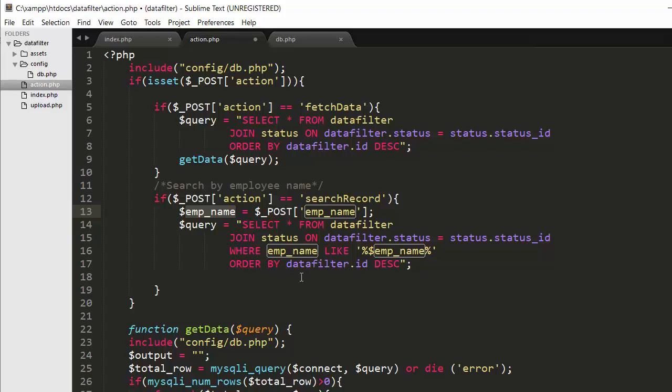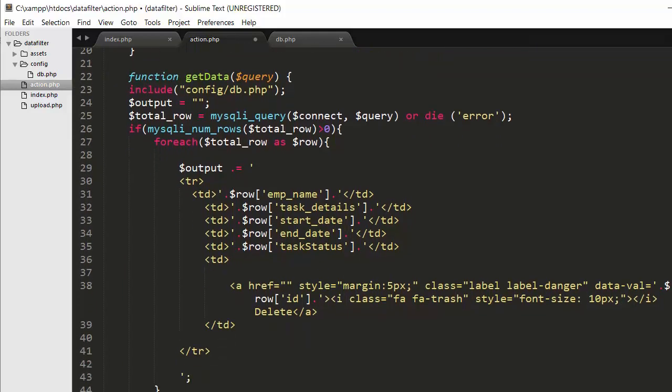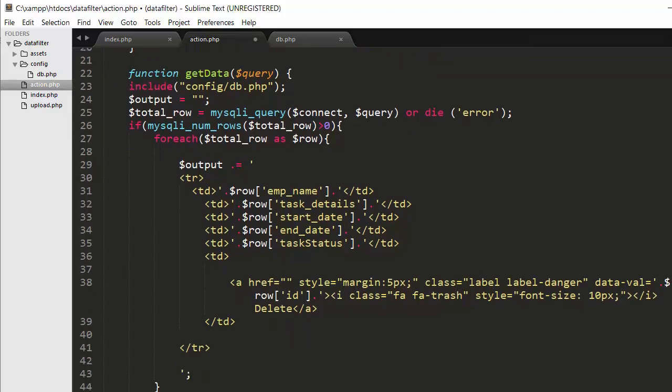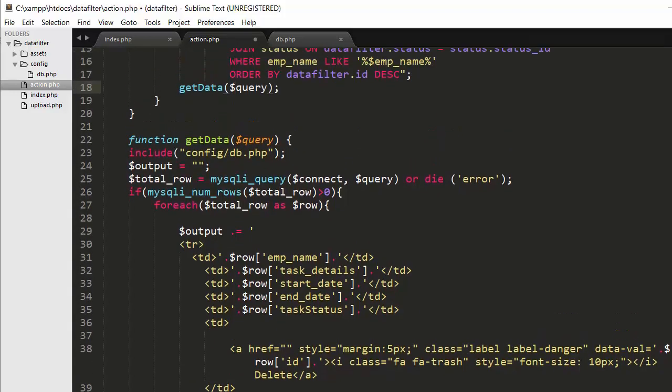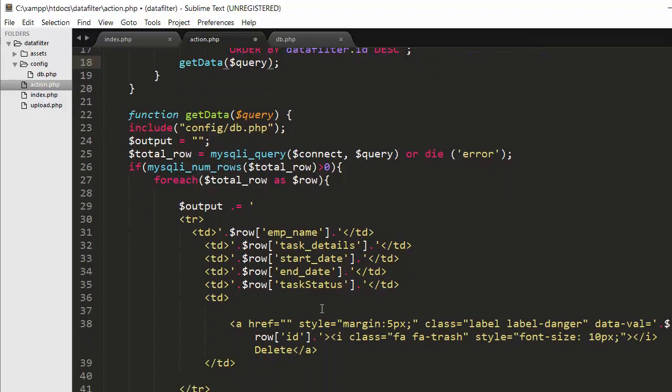Okay, next here we need to make a call to this get data function. Okay, so here you can see in my last videos I had created this get data function where I am collecting the details from the MySQL table. Okay, so this get data function, as you can see, accepts a query, and whenever we make a call to this get data function, we need to pass this query inside this, and then the control will come to this function where it fetches the data from the table and returns this data.